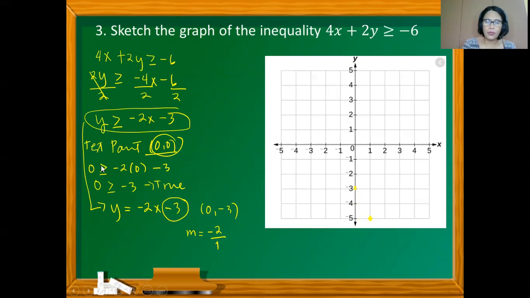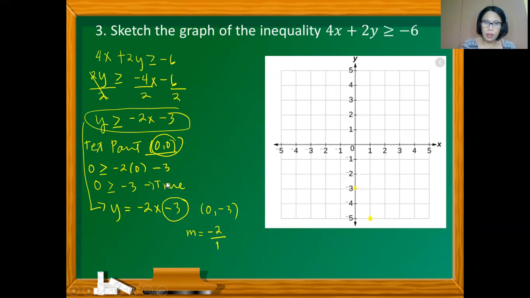Again, from here, we use the test point. We substitute 0, 0 to the inequality. So we have 0 here greater than or equal to negative 2 times 0 minus 3. So this is 0. So we have negative 3 here. And then 0 is greater than or equal to negative 3. So we got